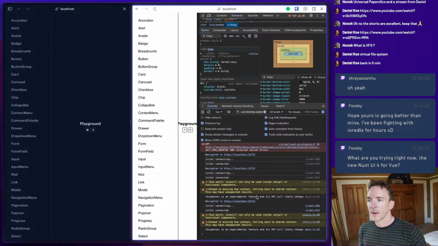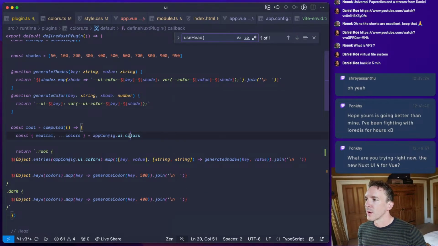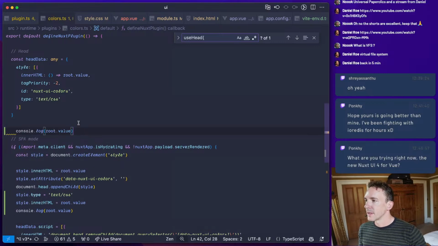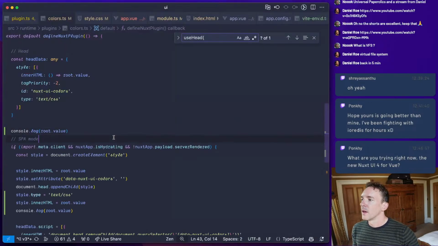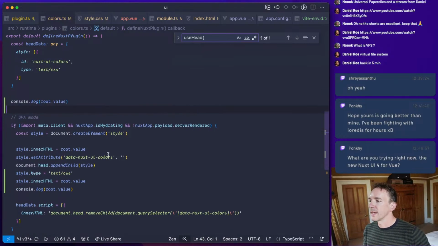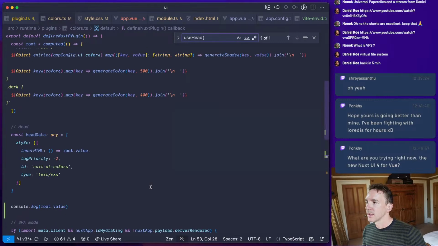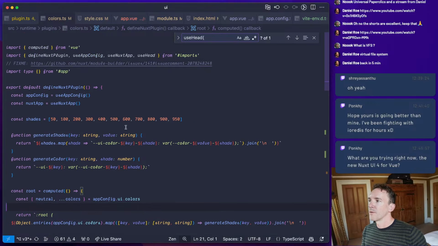Ah, what is root value coming from? So we're trying to get this, but obviously maybe this is the issue. Aha. Okay, so the problem really is that we can't get colors. So obviously our app config isn't what I'm expecting it is.